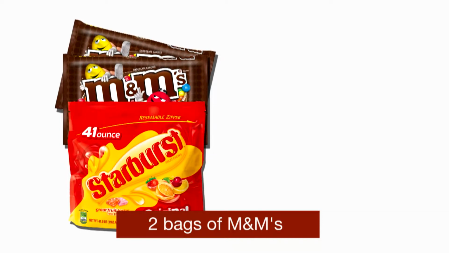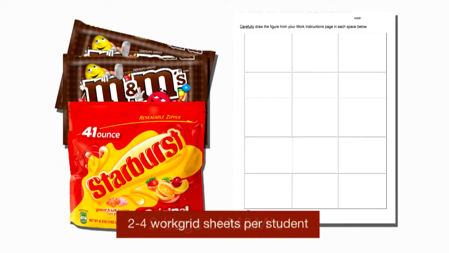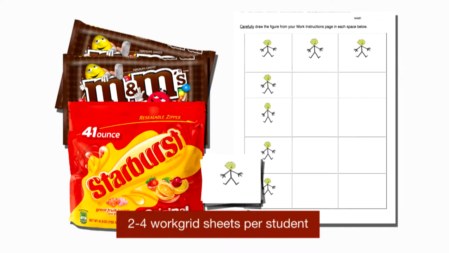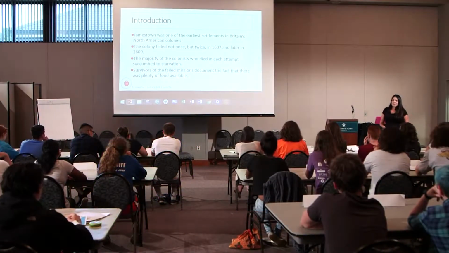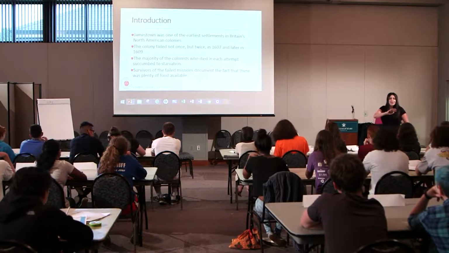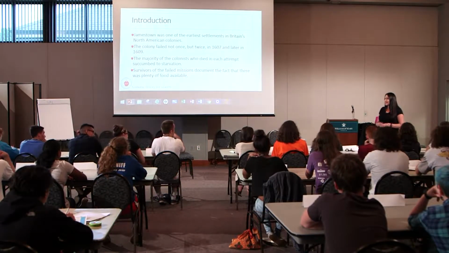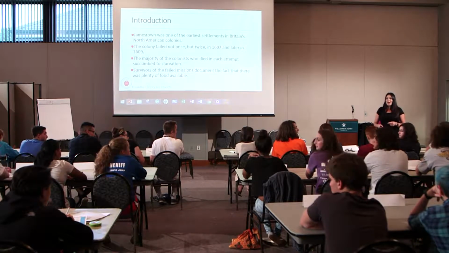We use Starbursts. You'll also need 2 to 4 sheets of the work grid per student. A large amount of scratch paper cut to sticky note size would also work well. Use the scenario visual to introduce the simulation, explaining their role as indentured servants that have just arrived in Jamestown